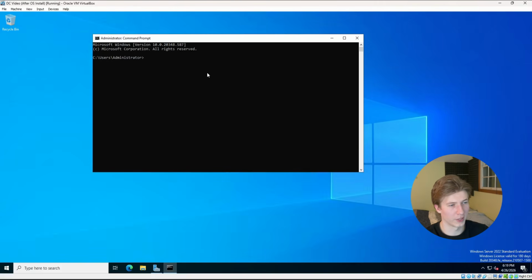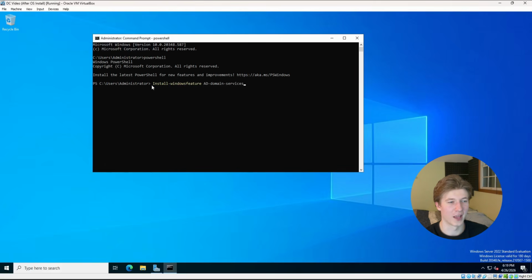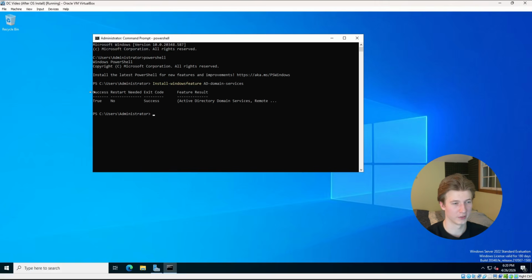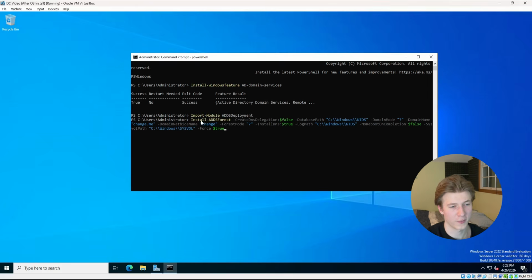First things first, let's open a command prompt as our administrator user and then run PowerShell. Now we're going to want to run the command Install-WindowsFeature AD-Domain-Services. And if we see this success code, then we know that it installed correctly. So our next step is to run Import-Module ADDSDeployment. And once we run that, we can now set up our domain by doing this long command here,